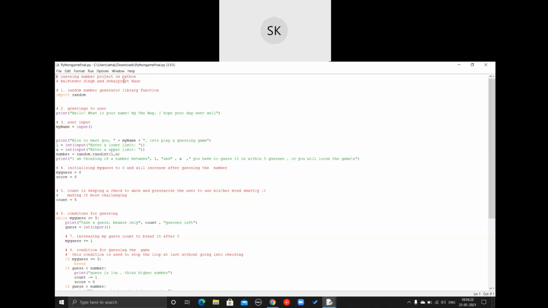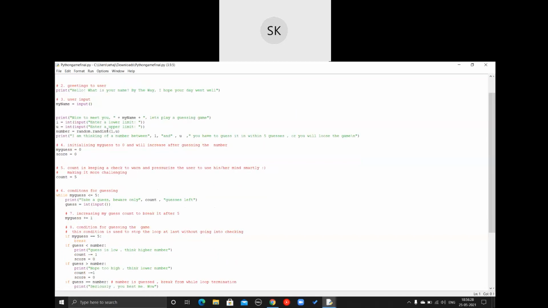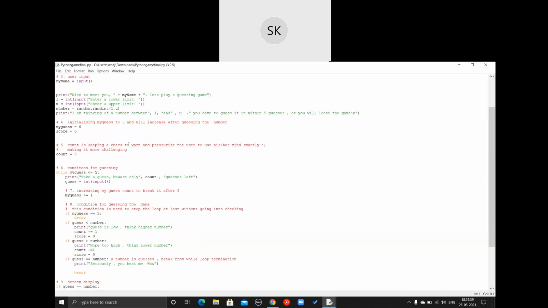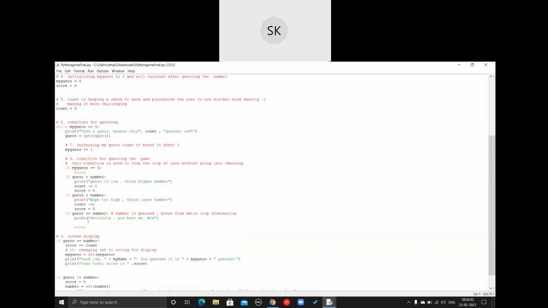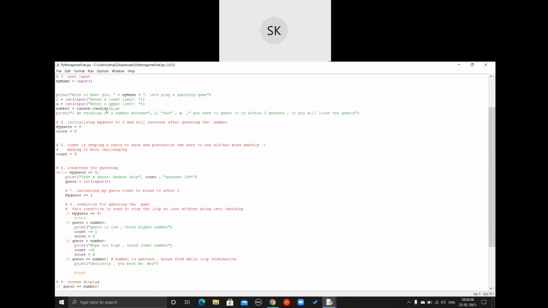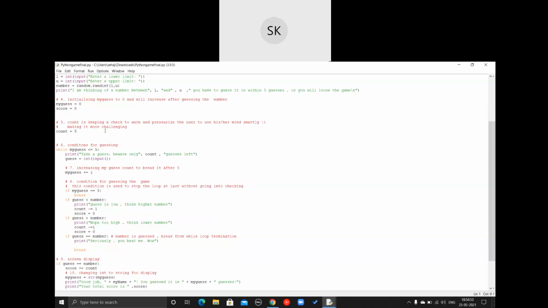We have made a number guessing game. In the game, we took the user input to enter the limit, like in what range the player would like to play the game, and then we proceeded with our code where the computer will choose a number randomly, and the player will have to guess within the given range. To make it a little more challenging, we have also introduced count, which is equal to 5, and this gives the number of chances that a player has to make guesses.